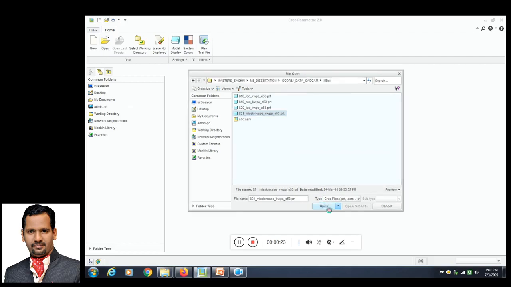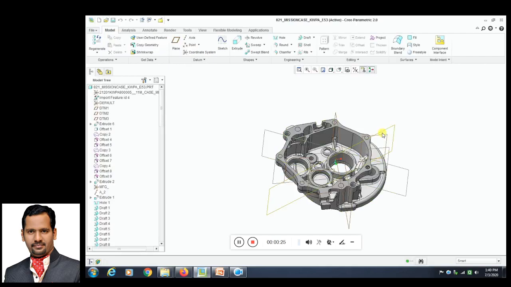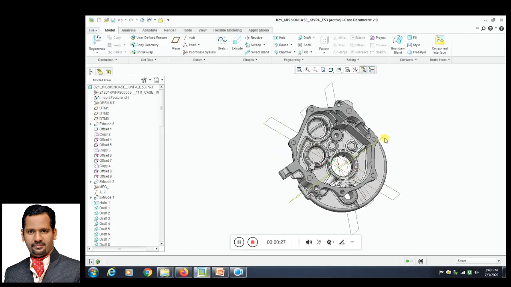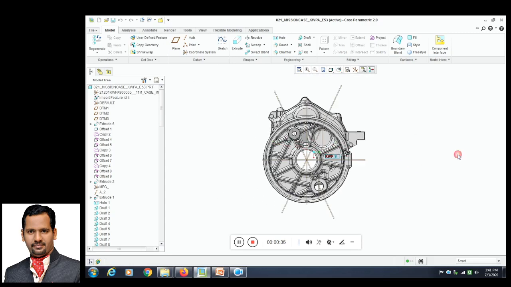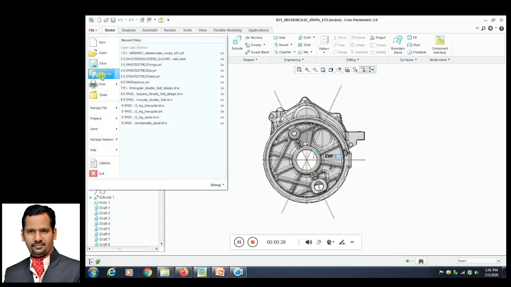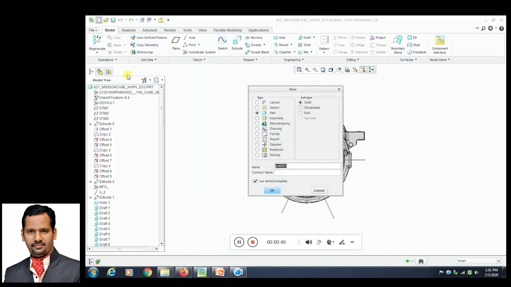Here, a complicated, intricate component of an automobile has been brought onto the screen. The front or back view has been placed, identified, and given to the drawing environment for the naming part.